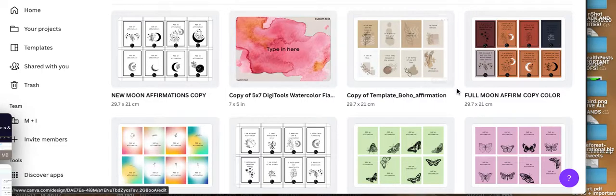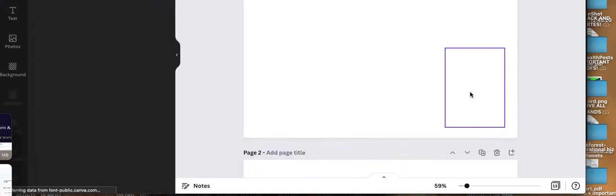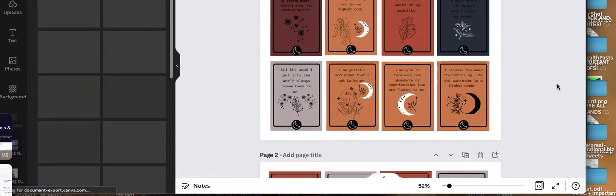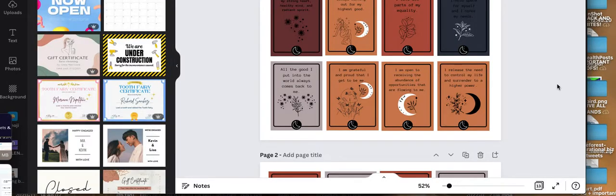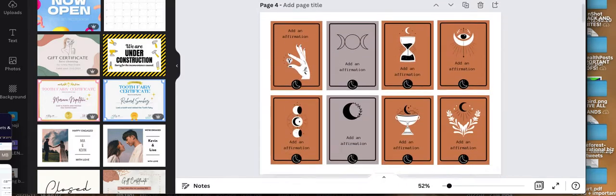So let's just take a look at these. These are essentially cards that you can edit.